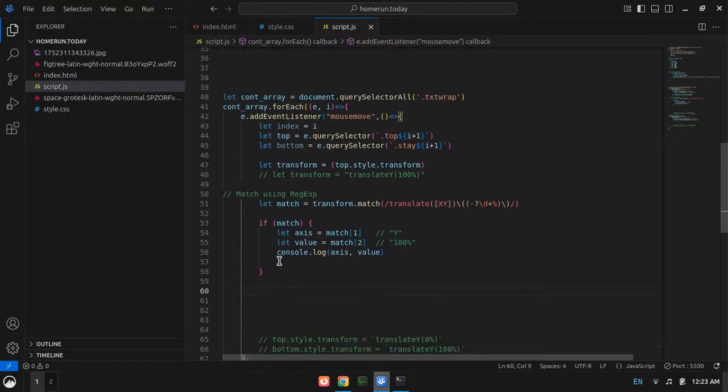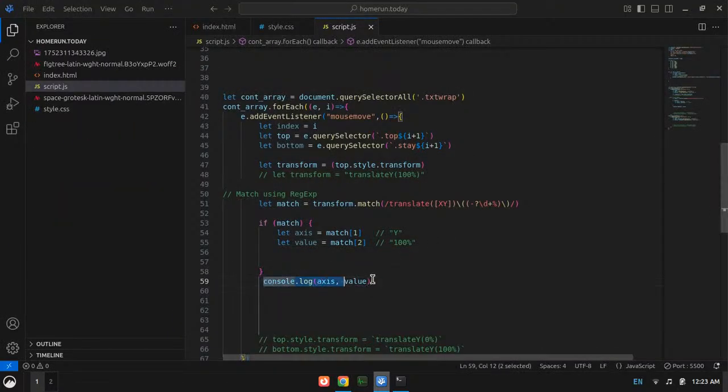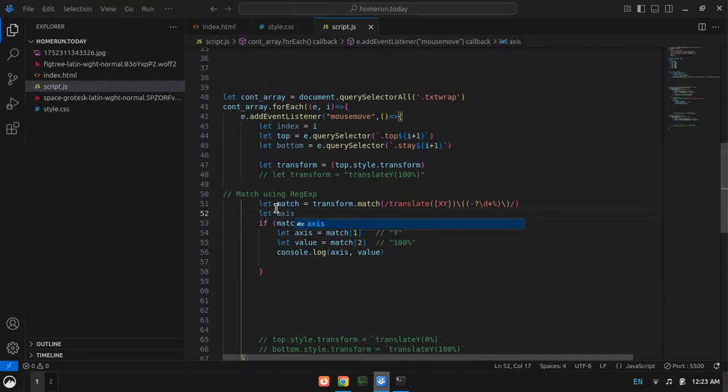So now what if I move this console log outside this if? Will that work? Axis is not defined, so it is not going to work. I have to work under this if. Okay, but what if I say let axis comma value here and just remove these two?